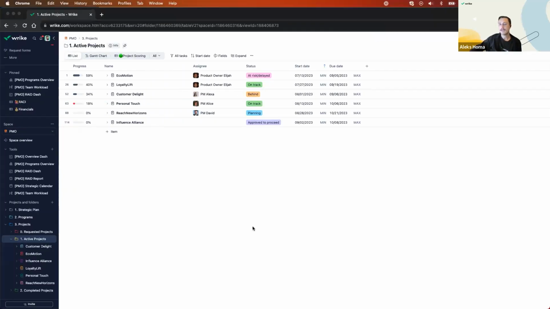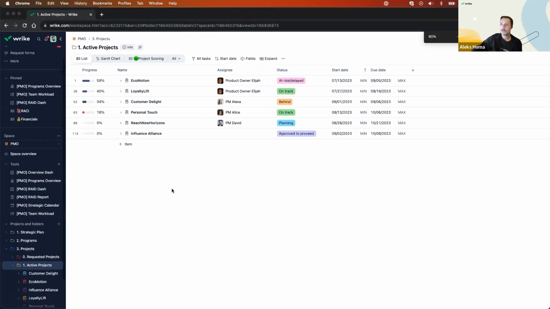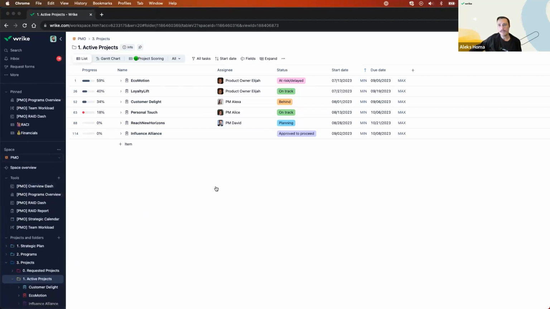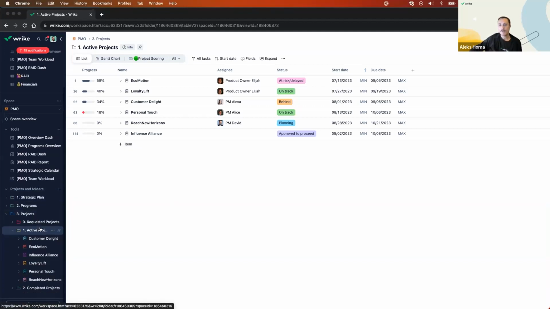Let's get into Wrike and have this demonstrated in my instance, I should say. I'm going to zoom in a little bit and hopefully you can all see that okay. Hopefully, you're all working out of Wrike's new Lightspeed view. And if you're not, please head to your profile picture in the top right corner and click on Try Wrike's Lightspeed. Now, as part of this session, I'm going to be working out of a very basic space and structure,